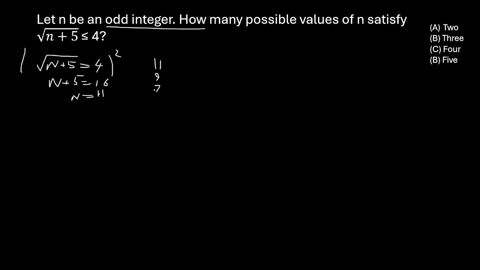We just go write down the odd integers that are less than 11, and actually, what? Okay, we see that